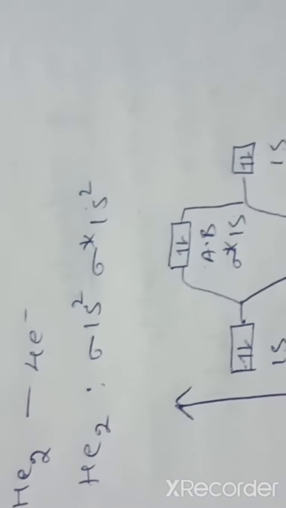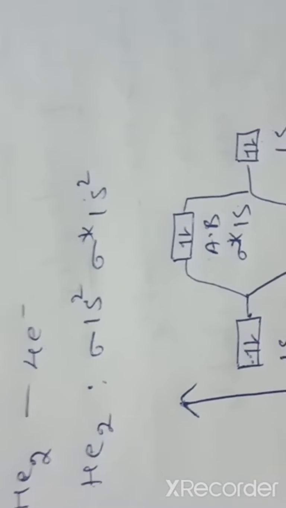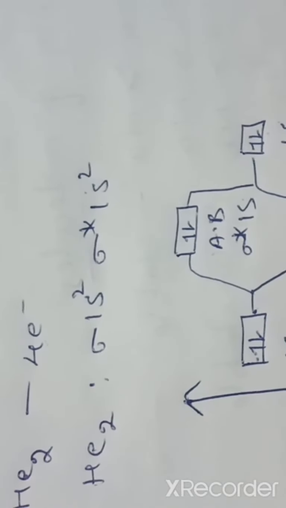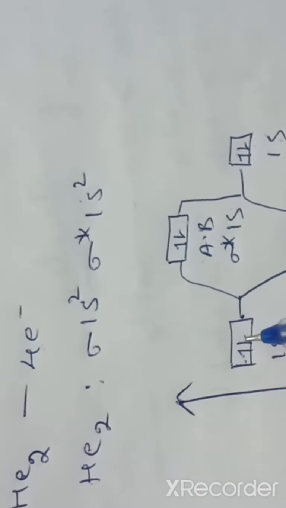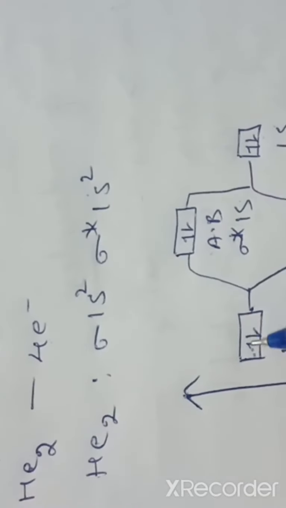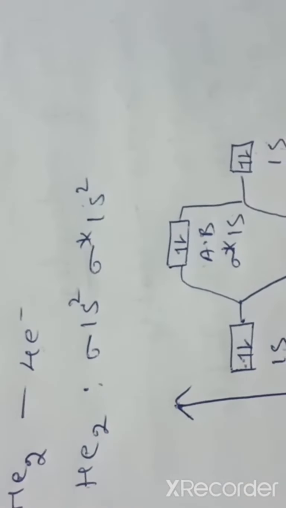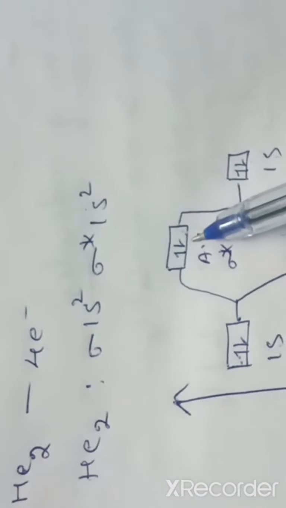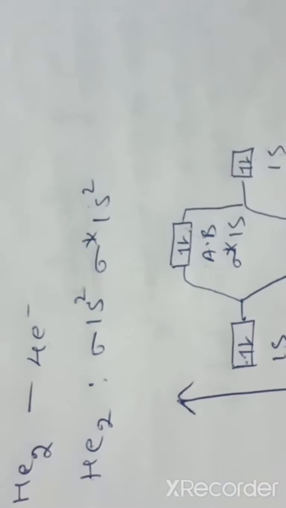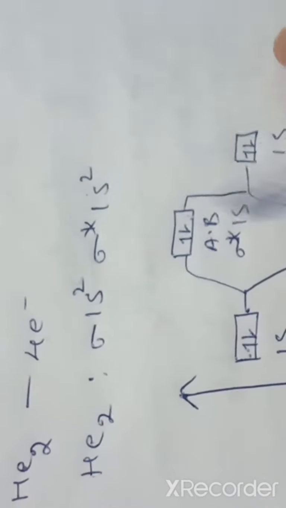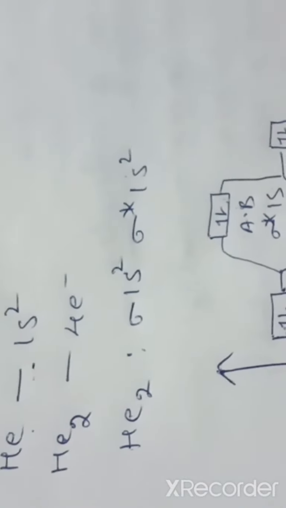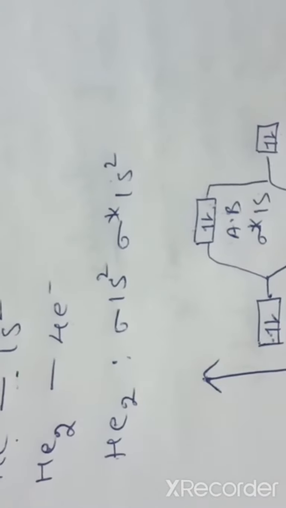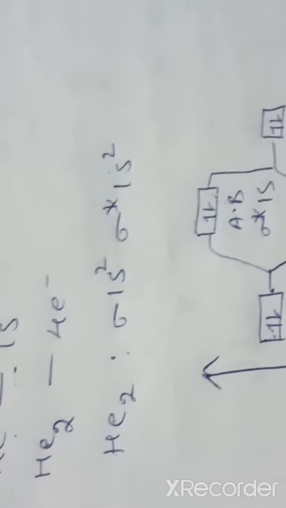What I said: the number of molecular orbitals formed should be equal to the number of atomic orbitals combined. So here the number of atomic orbitals is 2, and 2 electrons are present in each. And here are the molecular orbitals. This one is the bonding molecular orbital, this one is the anti-bonding molecular orbital. They are distributed with 4 electrons: bonding 2 electrons, anti-bonding 2 electrons.